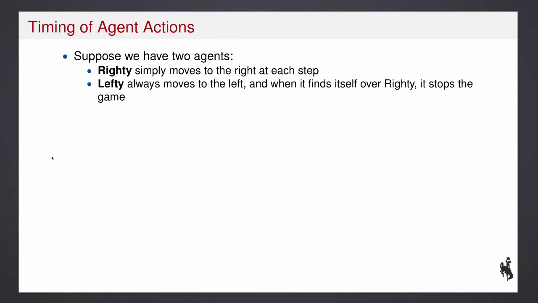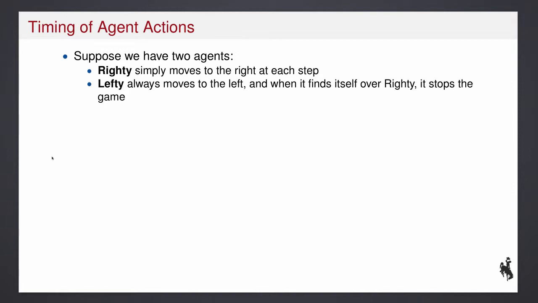We're going to have two agents, and I'm going to call them Righty and Lefty. Righty is just going to start at some spot and keep moving to the right. Every step it moves to the right, no matter what's going on. Lefty always moves to the left, but it does something extra. When it finds that it's directly over Righty, it's going to stop the game and say, nope, this is